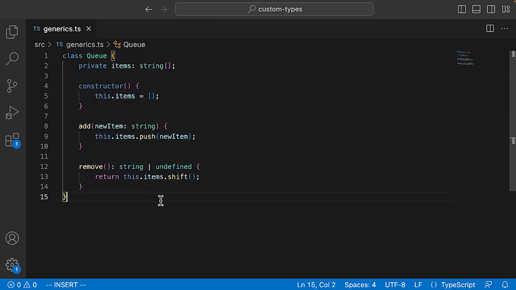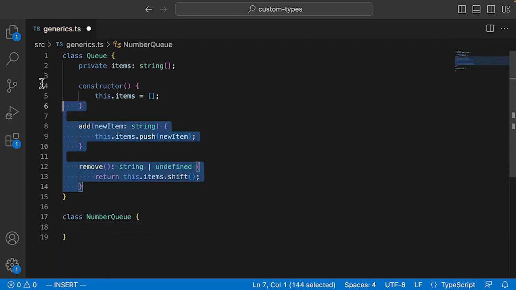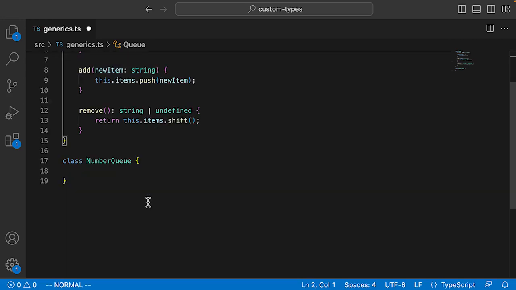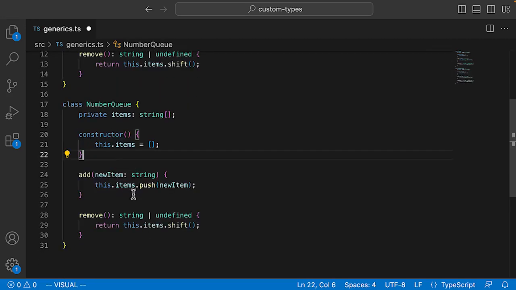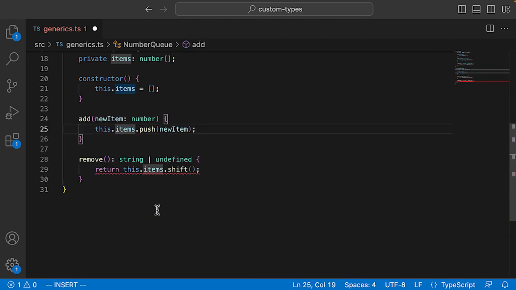So anyway, that would be our queue class, and this would be great, except we come back to this problem of the fact that this specific queue class would only work with strings. So in other words, if we wanted this same class to work with numbers, we'd have to create a whole other class called something like number queue. And then we basically just have to copy all of this implementation code in our regular string queue class and just go through and change the types to number instead of string, right? So we'd have to say number array. Then for add new item, we'd have to say that that is a number. And for remove, we'd have to say that that is a